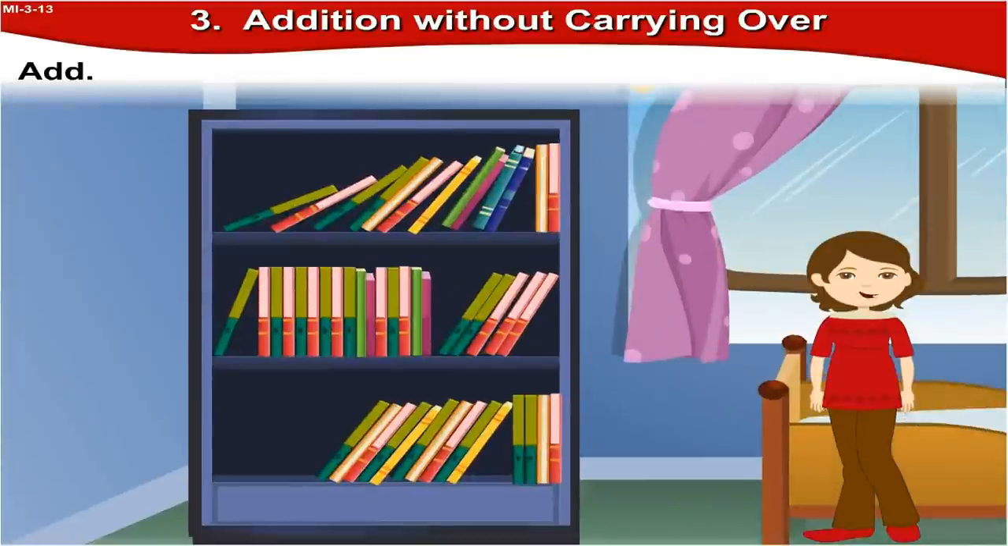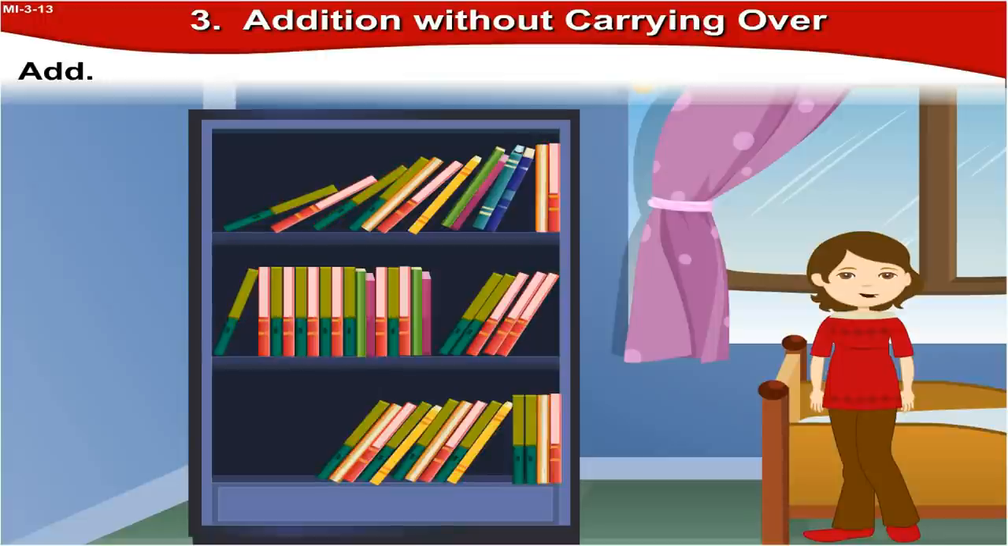In the cupboard, there are 3 songbooks, 21 storybooks, and 14 picture books. How many books are there in the cupboard altogether? Well, there are 21 storybooks, 14 picture books, and 3 songbooks. In order to find the total number of books, we need to add 21 storybooks, 14 picture books, and 3